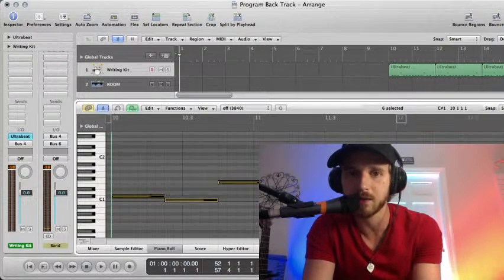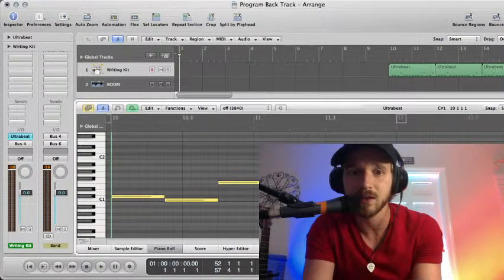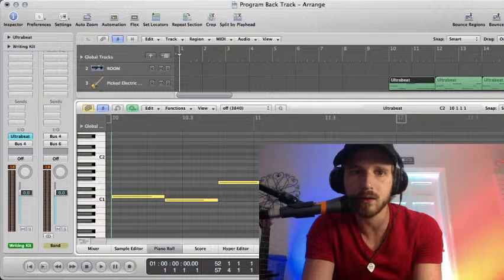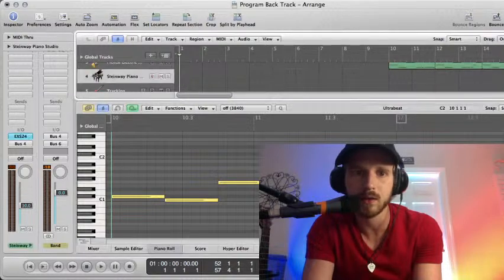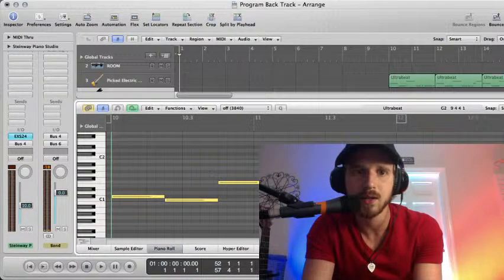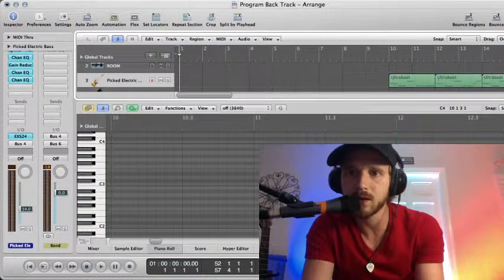Of course, it doesn't sound like a piano. That's because this is actually a bass. So what this does, let me see what happens if I select this? Nope, it doesn't work. Okay, we'll stick with the bass for now. So what this does,